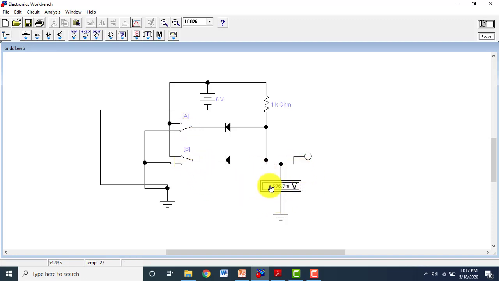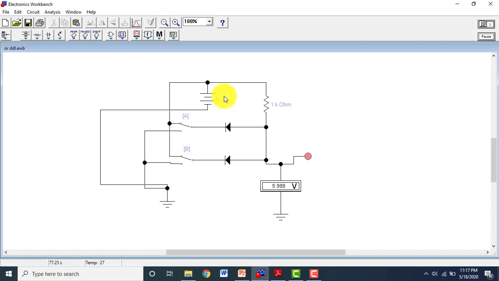The combination is again giving output as 0 volt. Now as we apply 1 0, as we apply 0 1, the output remains 0, and as we apply 1 at A and 1 at B, the output will be at logic high.